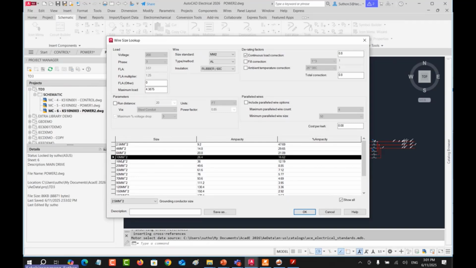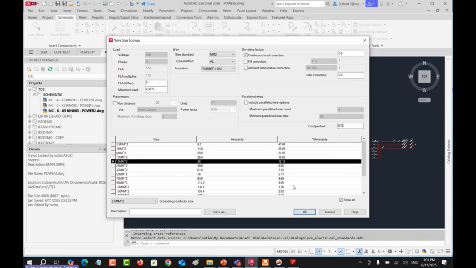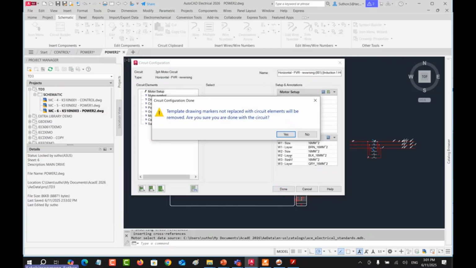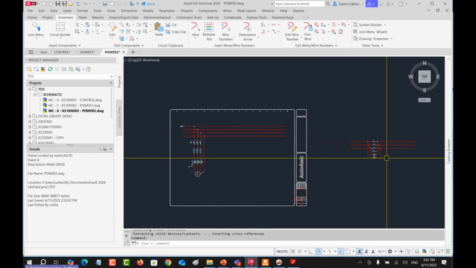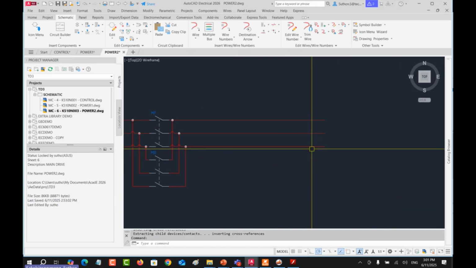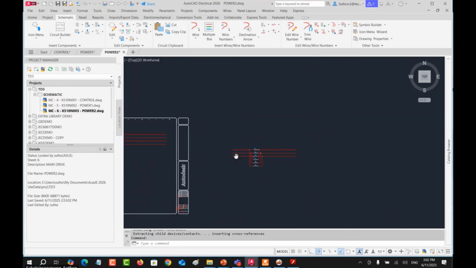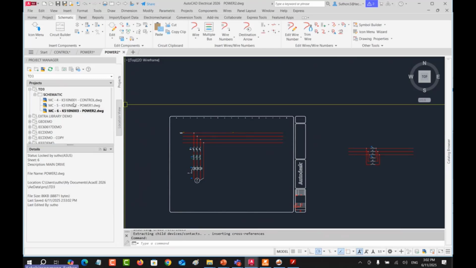Normally, we have to create this manually by hand, right? But this one suggests it for you: you can see the ampacity to choose the right wire size easily, right? It creates the reversing motor for you, anything.